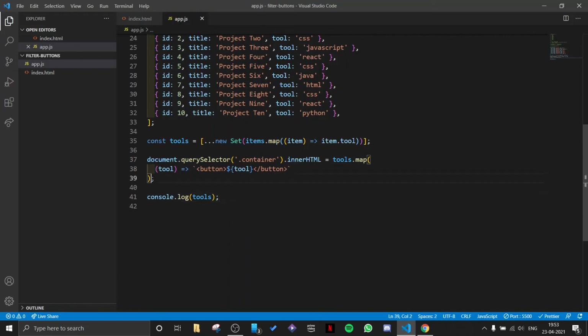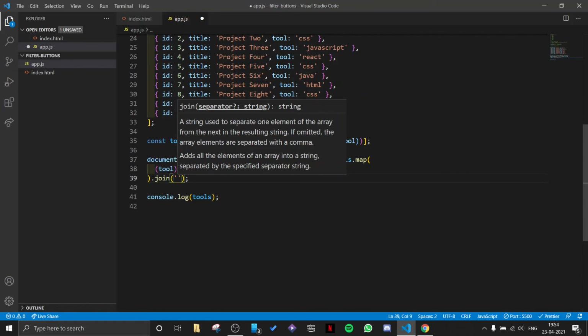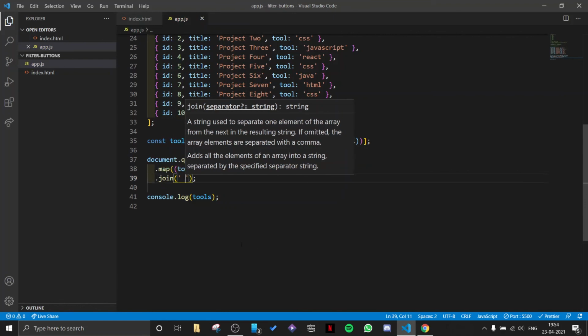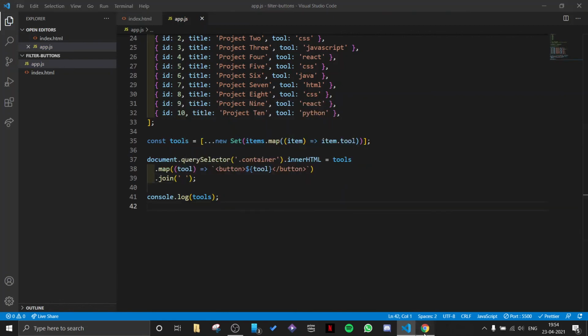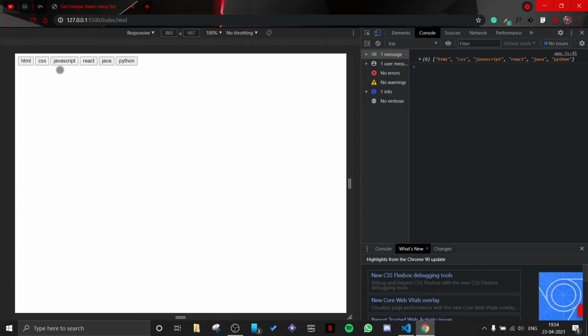So to avoid that, we will use the join property, and join them with spaces. So now if you see, we have unique buttons for each of our tools.